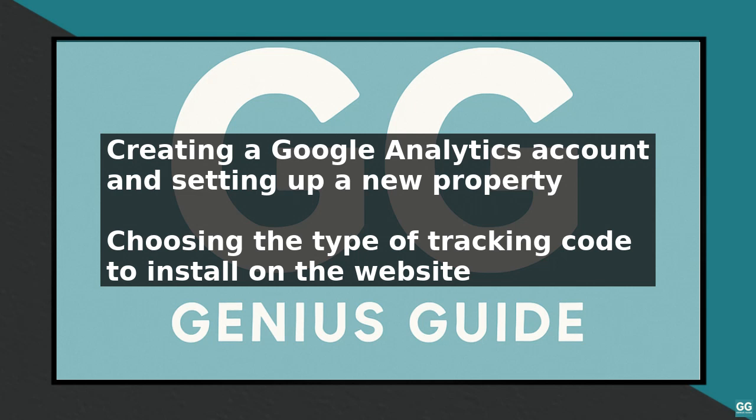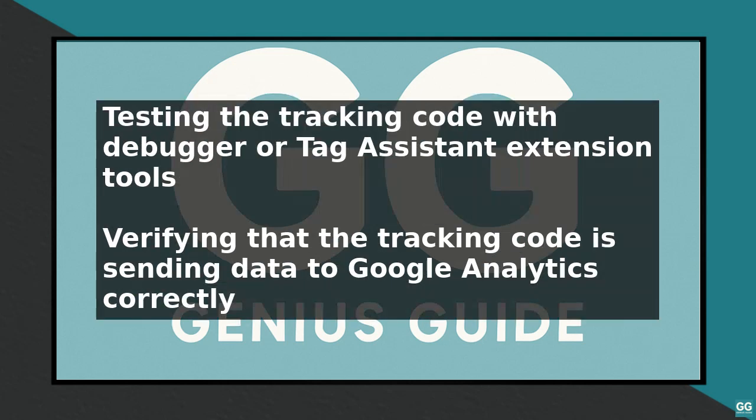Once you have chosen your tracking code, you can install it on your website by copying and pasting the code snippet into the header or footer of your website's HTML. It is crucial to test your tracking code to ensure it is working correctly. You can do this by using the Google Analytics Debugger or the Tag Assistant extension. These tools will help you verify that the tracking code is sending data to Google Analytics and that it is